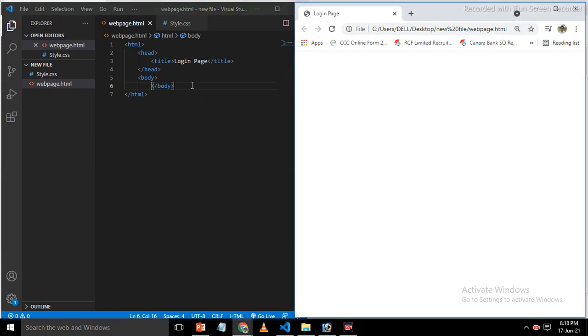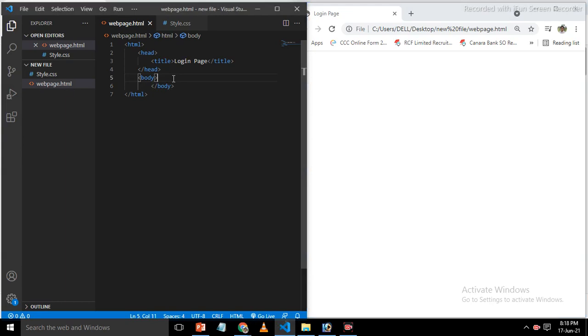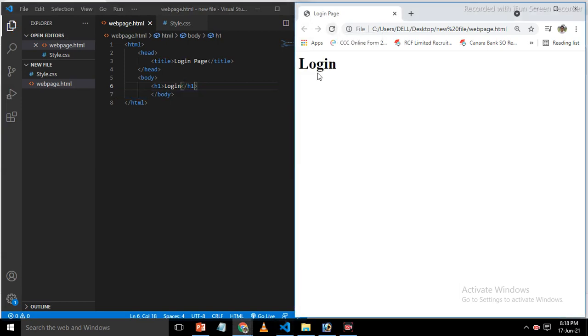If we put the correct tag, only then we will get the correct output. First of all, we put a heading tag with the name login, because we are making a login page. I save it, and look, here comes login as a heading.